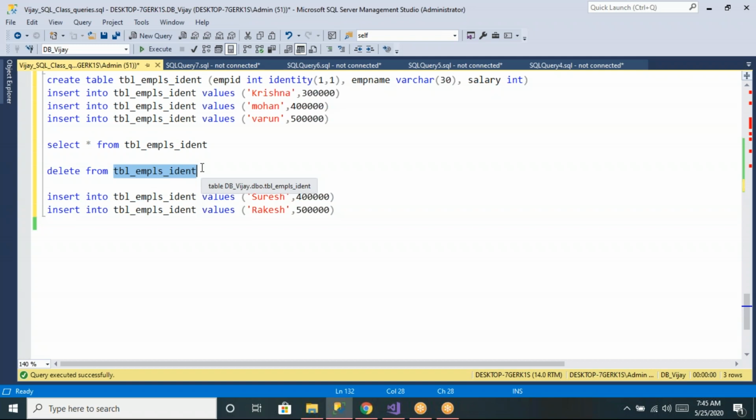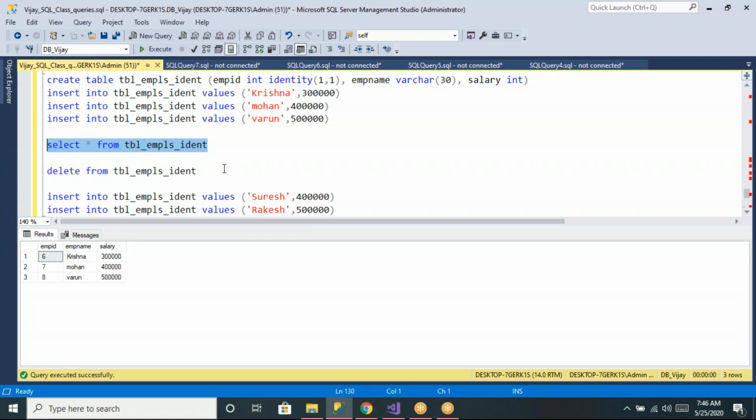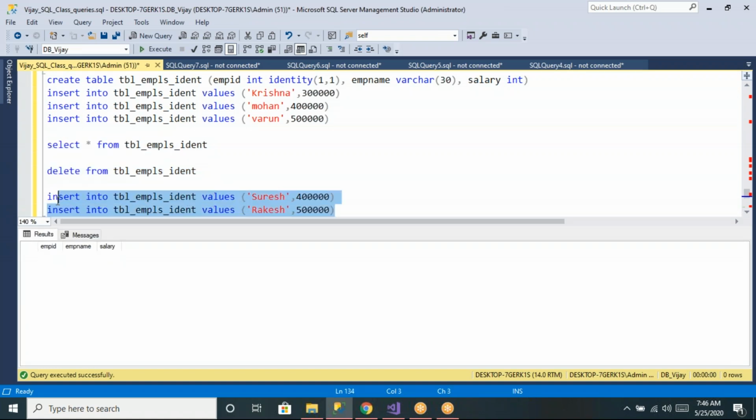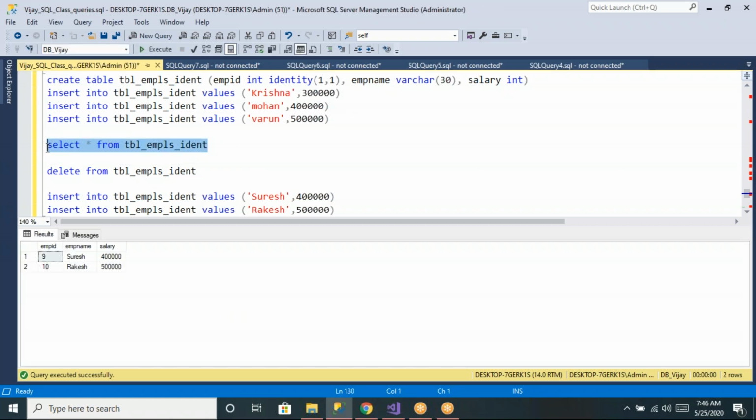And then after taking backup, it is removing the records. So now you can see right now how many records are there. What is the latest value? 8, no? When you delete, it will take the backup of these 3 records. And now after delete, when you reinsert, is it continuing with 10 or not? Now you can see it is continuing with 9 again, after 6, 7, 8 earlier.